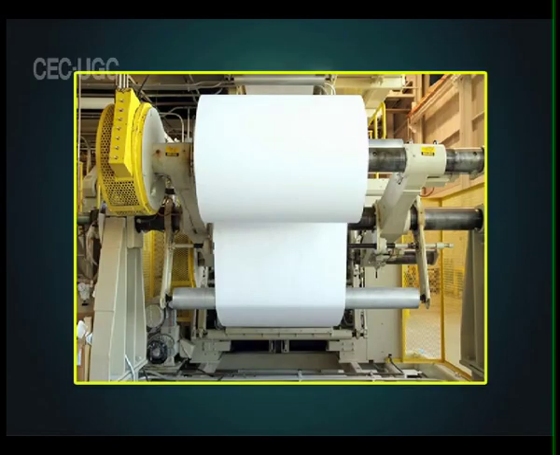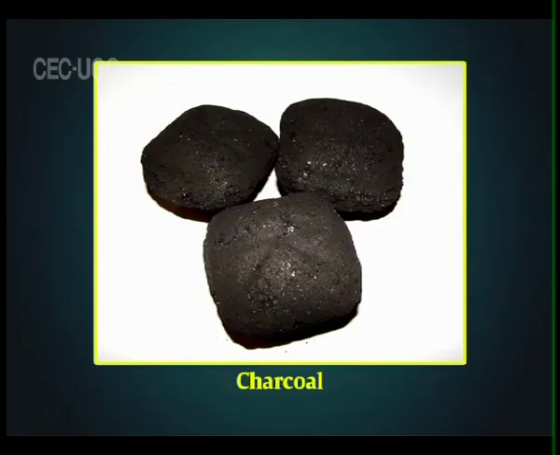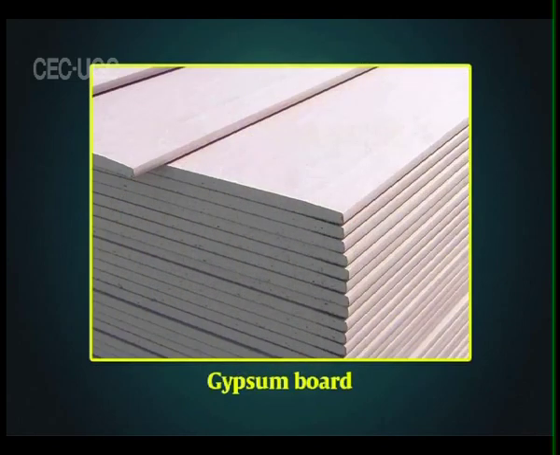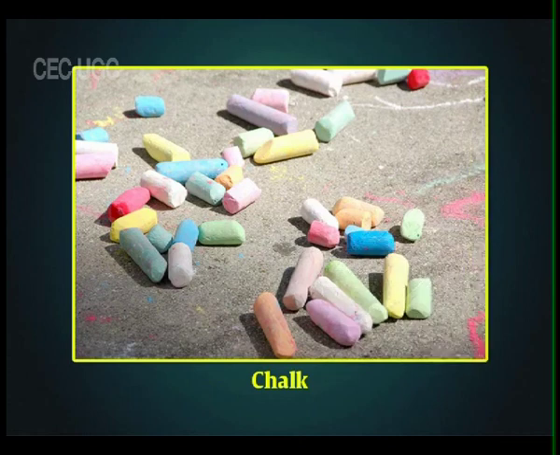Besides food use of starch, it is also used in the paper industry. Starch is an excellent binder and is used in the manufacture of charcoal, ceramics, gypsum board, and chalk. Till now, we have discussed the structure, chemical composition, industrial uses, and therapeutic effects of